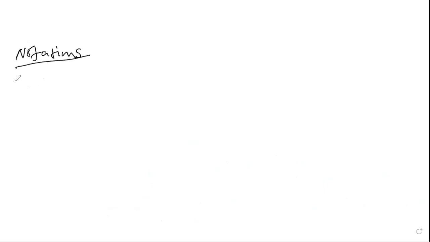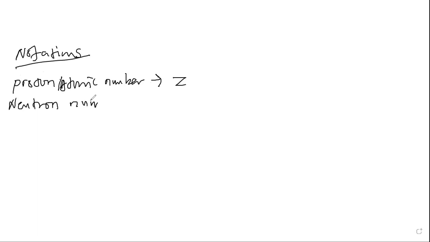If we look at the number of protons, the proton or atomic number has a symbol of Z. Then the neutron number has a symbol of N. Then the mass or nucleon number has a symbol of A. Now, if we go on the nuclide notation that we had, X